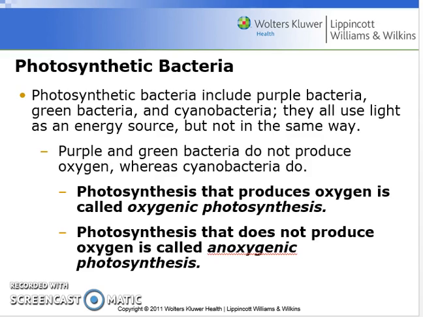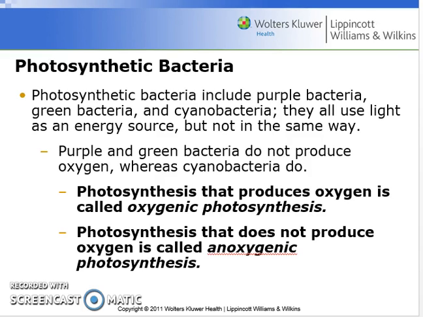Photosynthetic bacteria are also another kind of unique bacteria because they contain chlorophylls and they undergo the process of photosynthesis to help generate sugars for the cells. So bacteria that fall in this category are purple bacteria, green bacteria, and cyanobacteria. They all will rely on light as an energy source, but they use the source differently. The purple and green bacteria don't produce any oxygen. The cyanobacteria are the only bacteria that are going to have a waste product of oxygen,